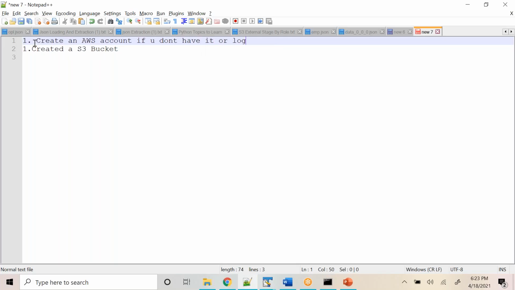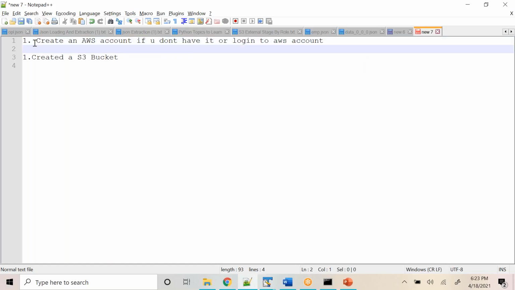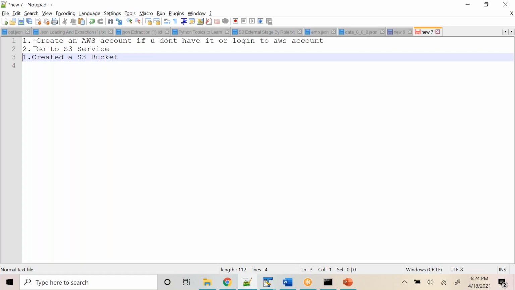Then two, go to the S3 service. And then what is the third one? What we have done is create an S3 bucket, with a lowercase name, and it should be unique